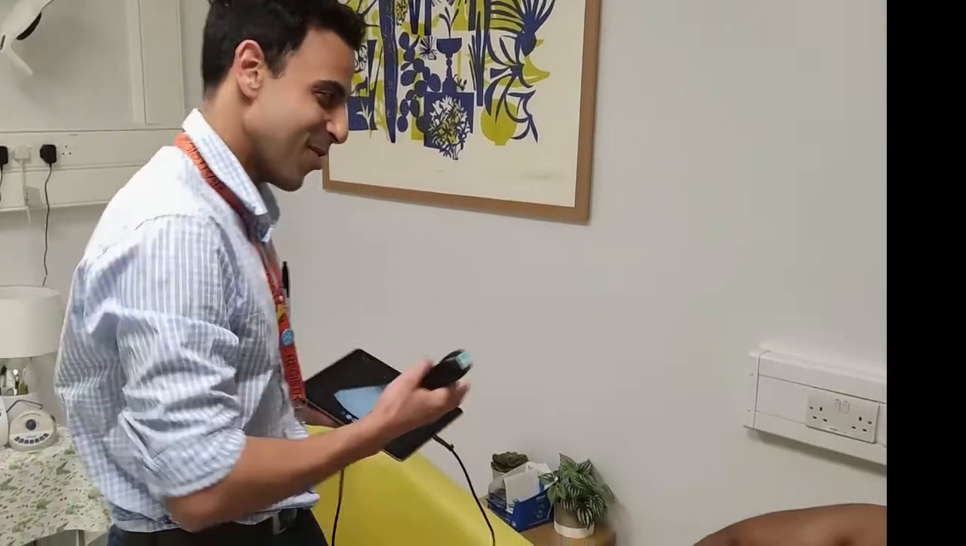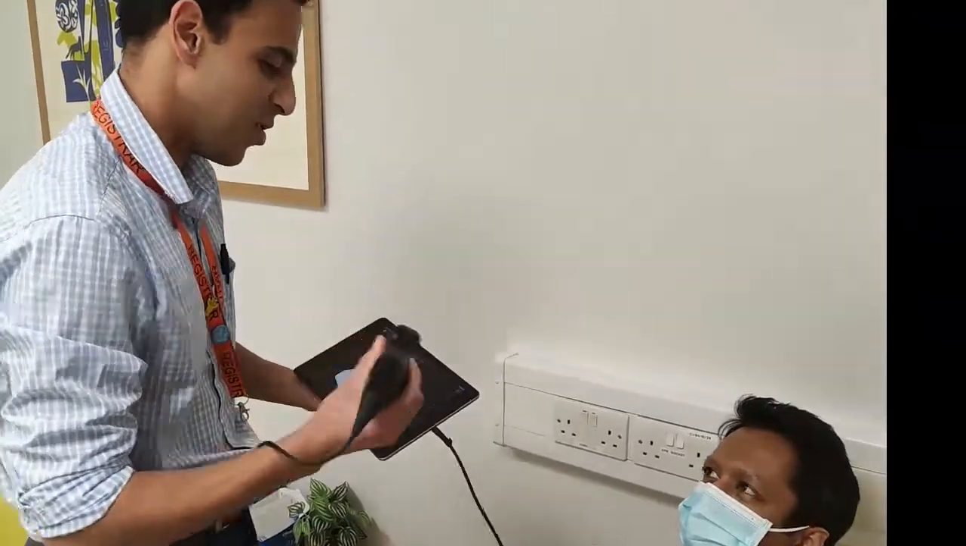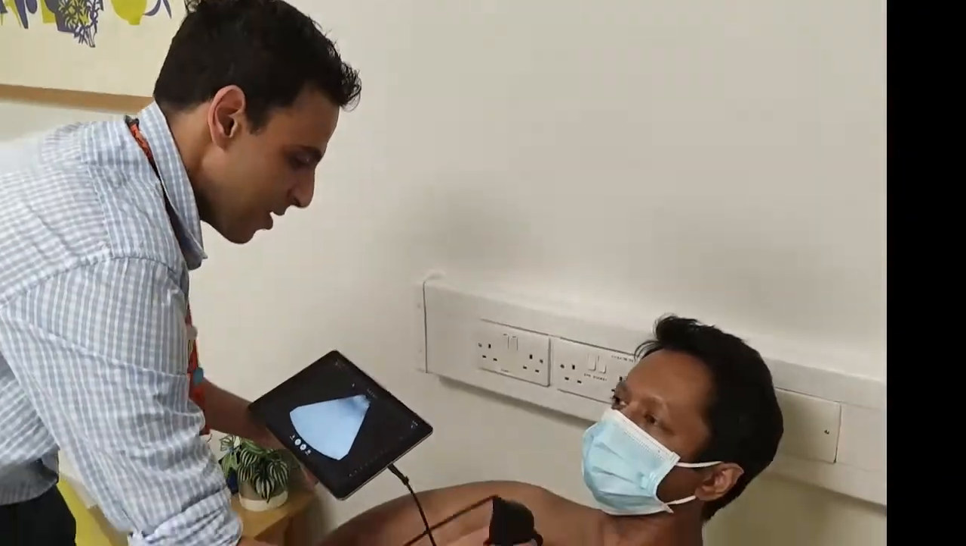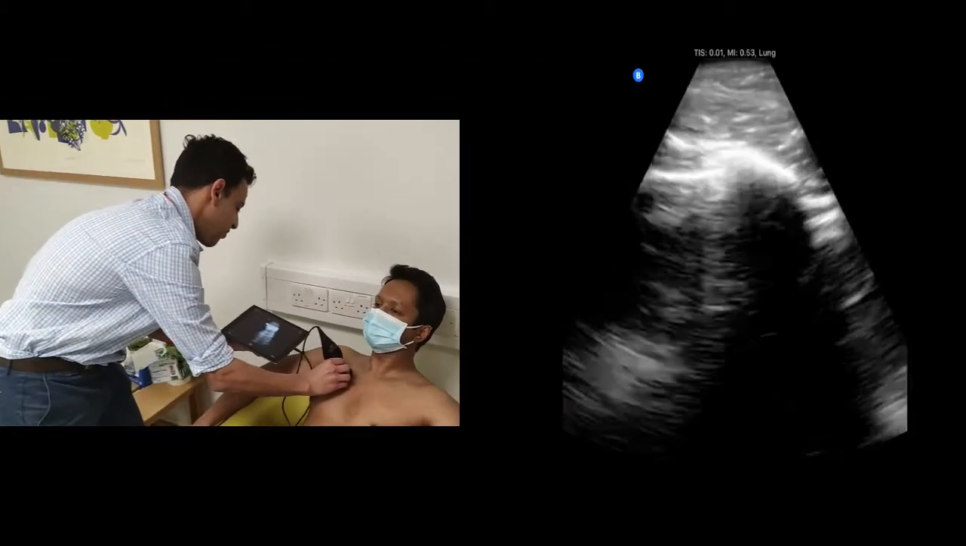So, got my Butterfly probe here and a bit of gel, and we've got my patient here sat in the comfort of their own home. And the first thing I'm going to do is scan the lungs. And as we place the probe on the patient's chest wall anteriorly, the first thing that we should see is